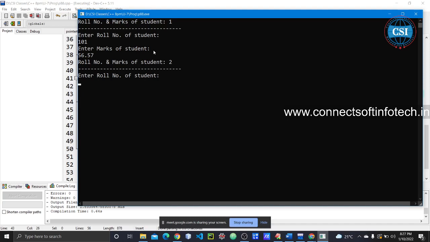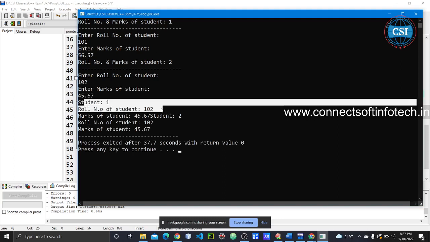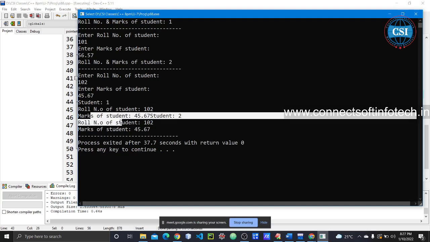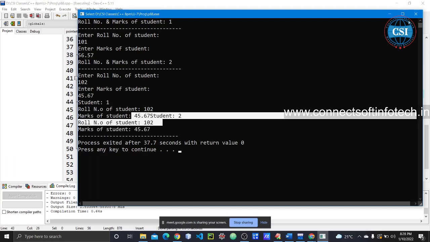Okay, for student 1, student 2, you can write like this. Okay, so the roll number is 102. Okay, and marks is something. Now see, okay, so student 1 this, right? Marks of student and student 2 this. What is showing here? The same. Okay, the same is showing.